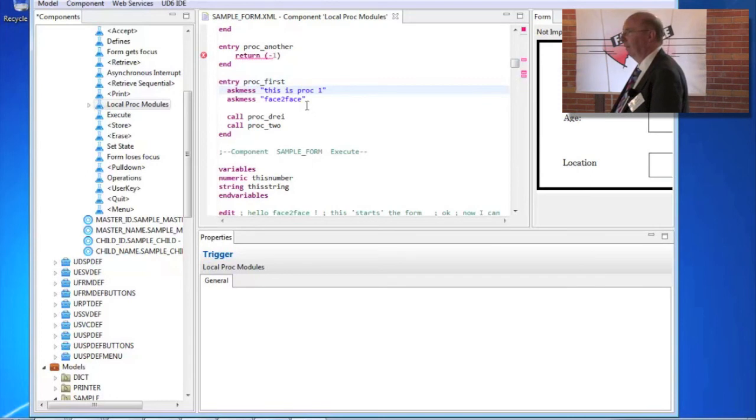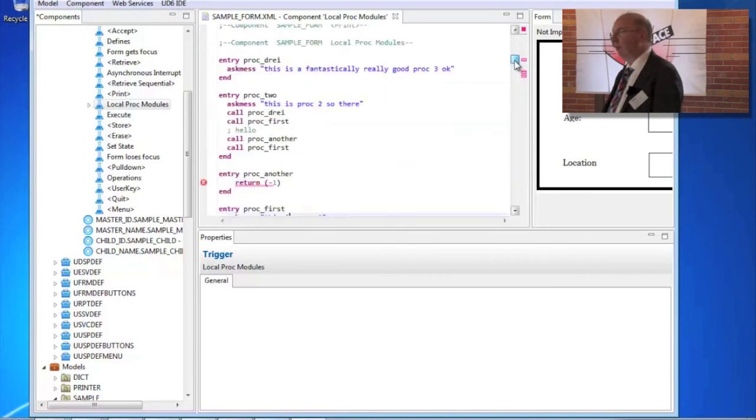Do you also support parameters? Yes, yep. It's just a matter of building out the syntax. And variables and global procs and the whole bit. I have 1 minute left, so